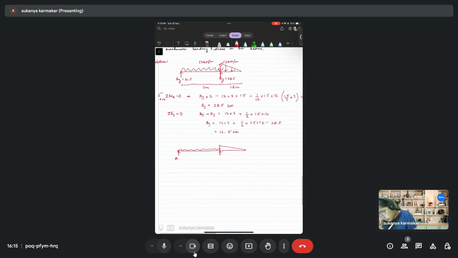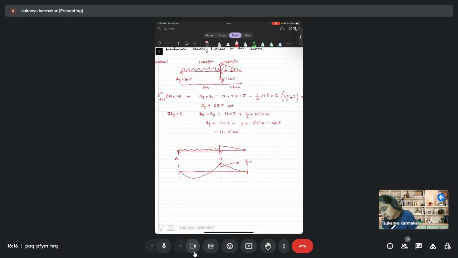This is A and B. So qualitatively, if I try to draw the bending moment diagram, the bending moment diagram will be something like this, right? Here, what will be the value of bending moment? Here, the value of bending moment will be